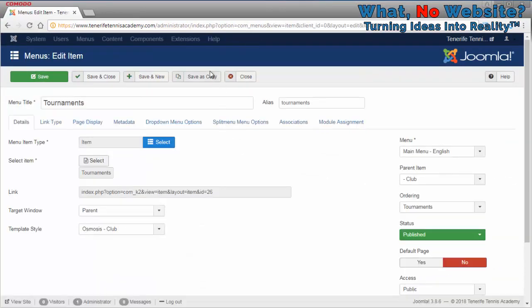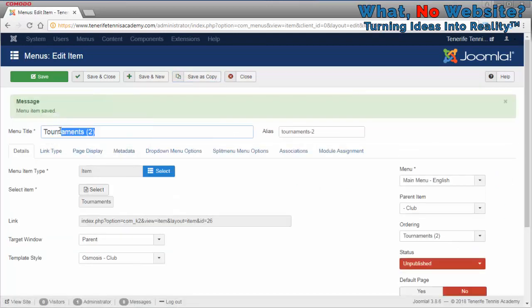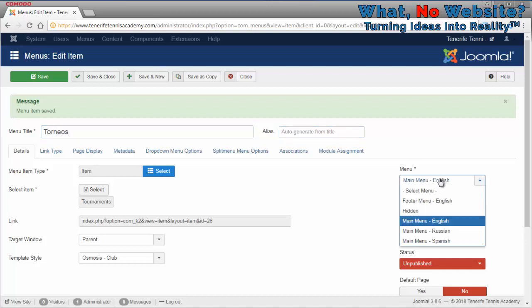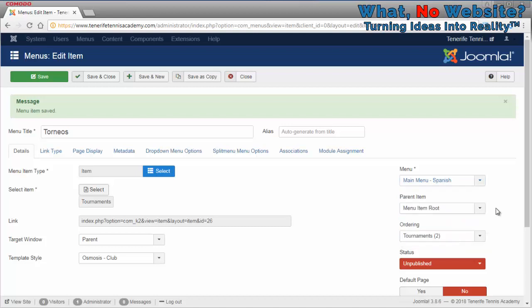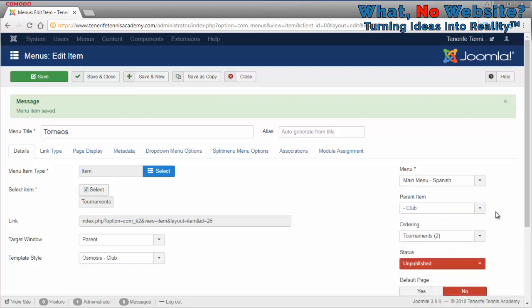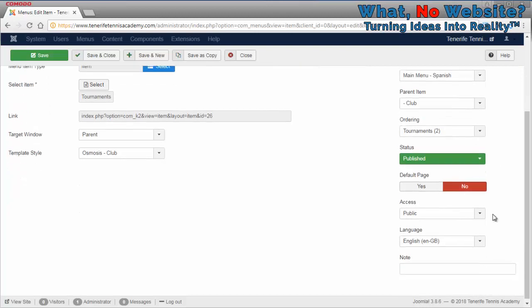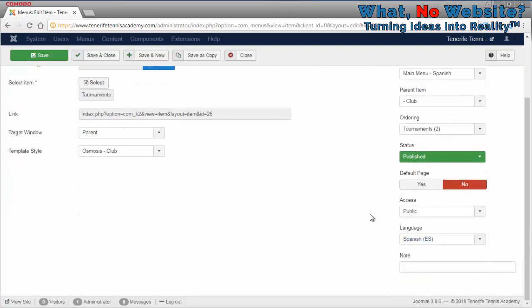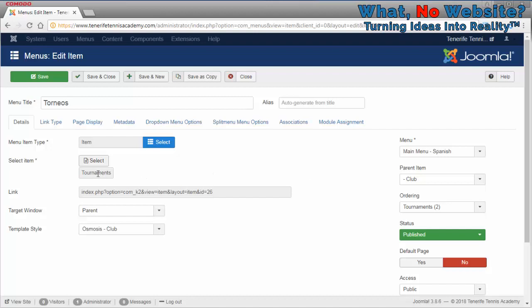I'm going to open that up, save it as a copy, and I think Tournaments in Spanish is Torneos. Get rid of the alias, if you remember from the second tutorial, and we're going to put that on the Spanish menu, but it's not a menu item root, it's a submenu item of Club, and we need to set that to published and set that to Spanish. The only thing now is we need to translate this K2 item, Tournaments. So I'm going to save and close this for now,